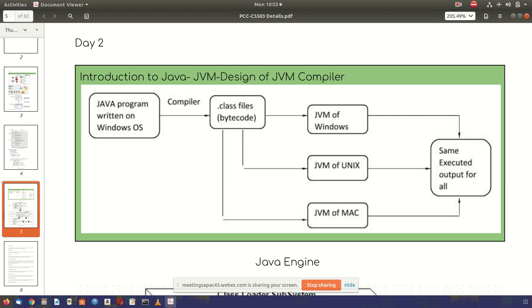So how to do it? You will use a Java program. Once the program is written, the same program, without any changes, can be converted to multi-platform environments, whether it be Unix, Mac or Android.